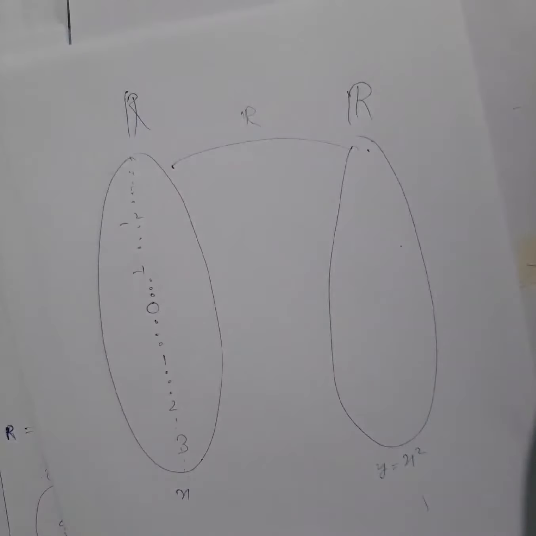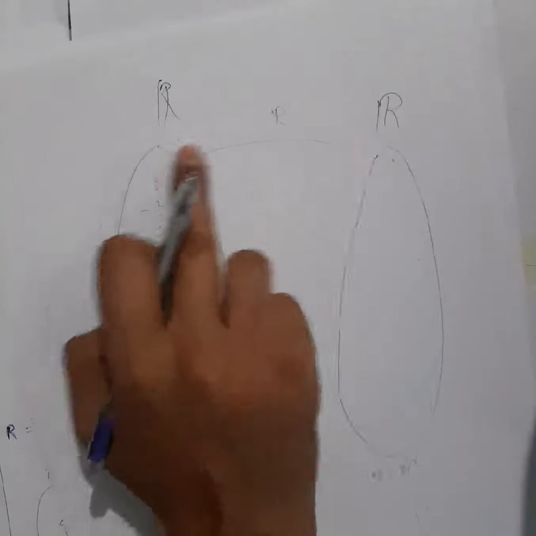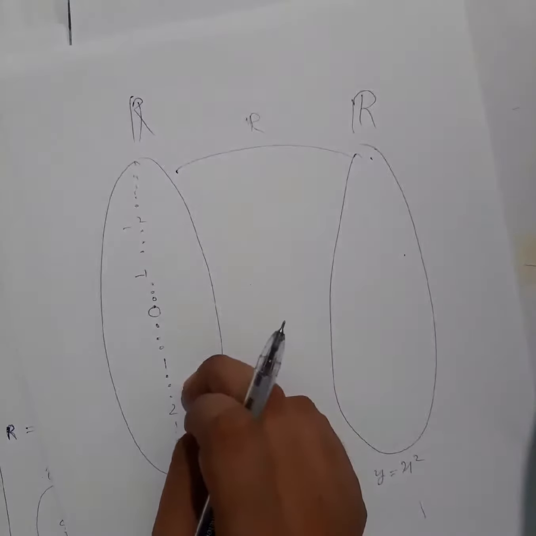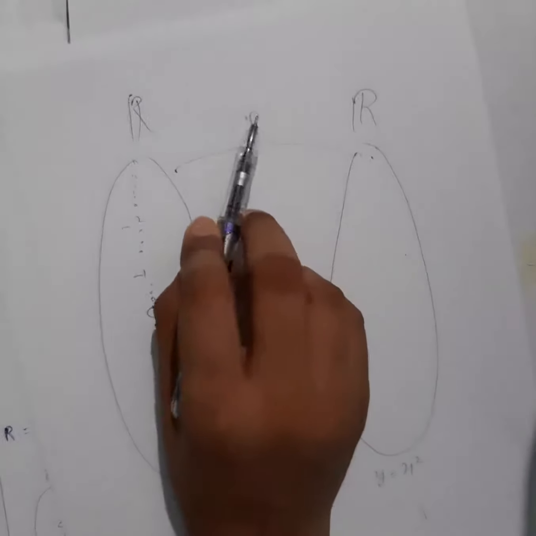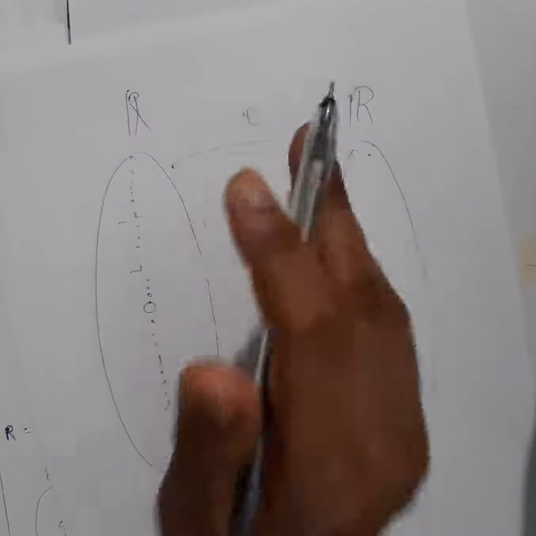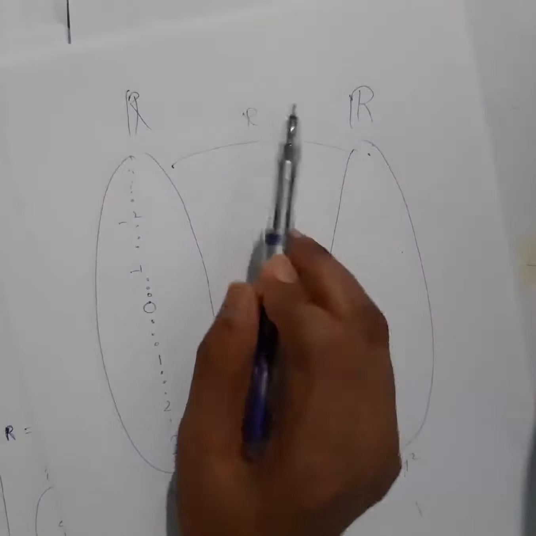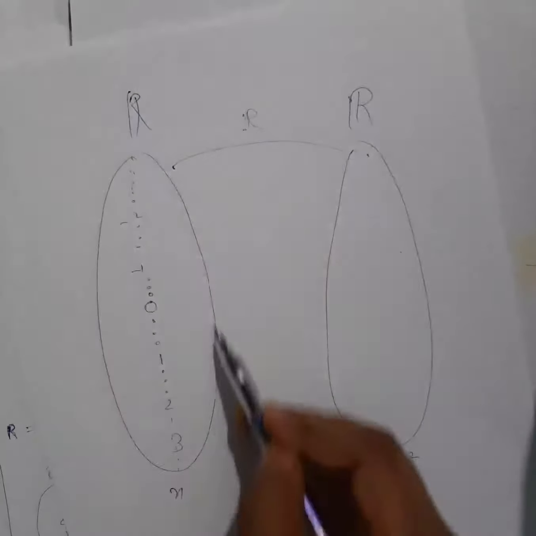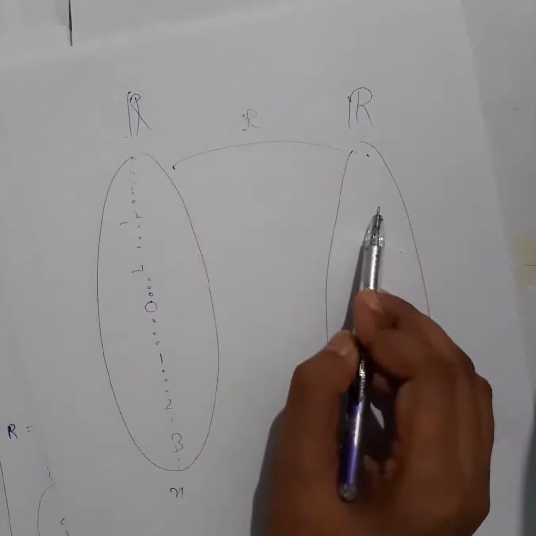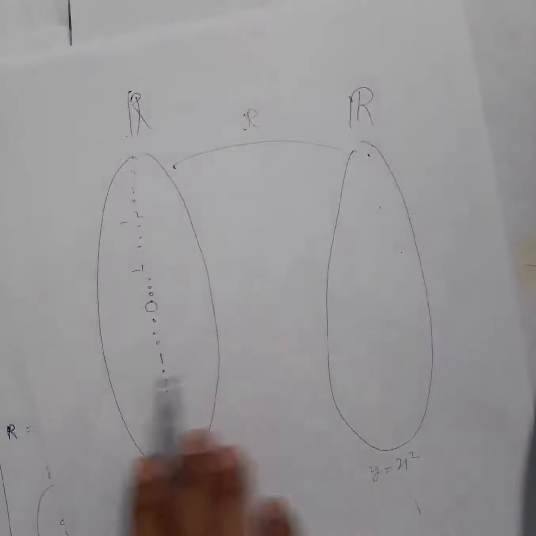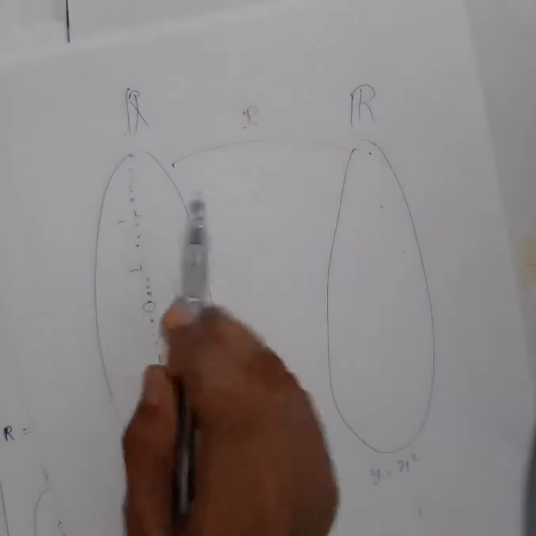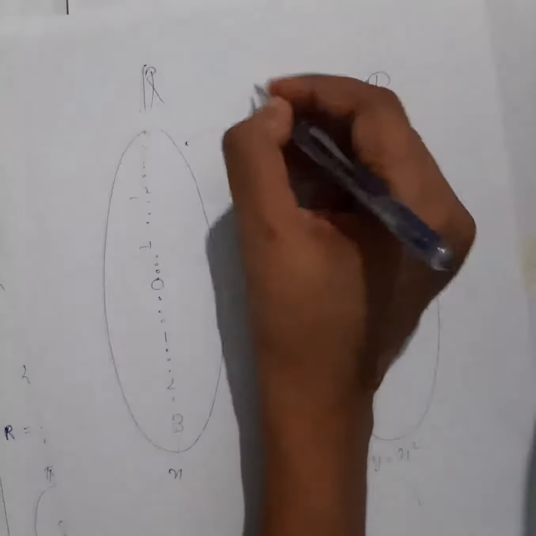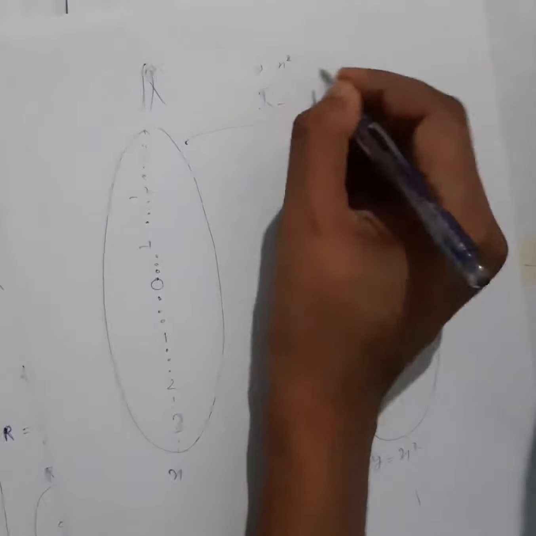Now I want to check whether this relation, which is defined from the set of real numbers to real numbers, is a function or not. This will be a function, because function is nothing but a relation, right? This will be a function if all elements here are having an image here, meaning related to something, all elements. Next, every element must have exactly one image. So the relation defined here is y equal to x square.